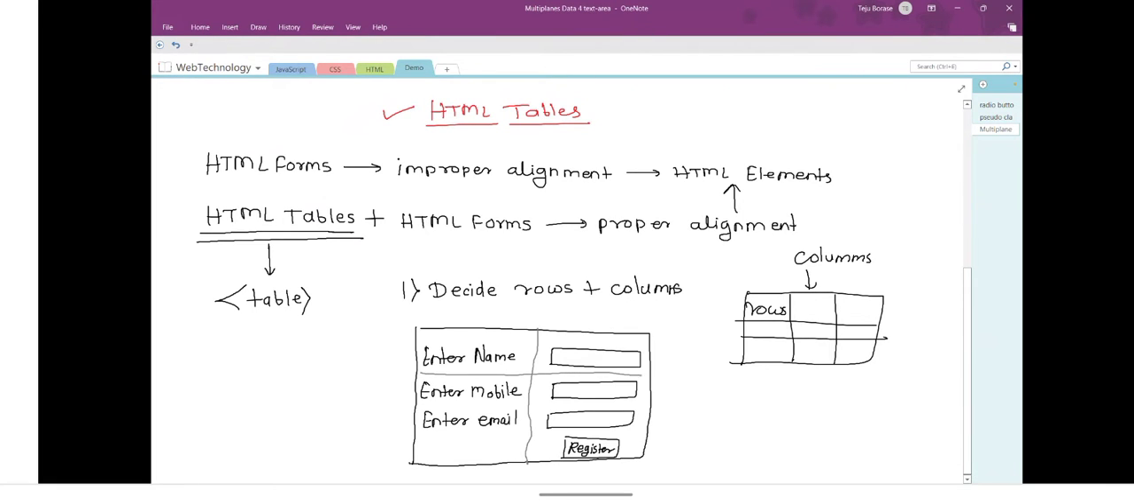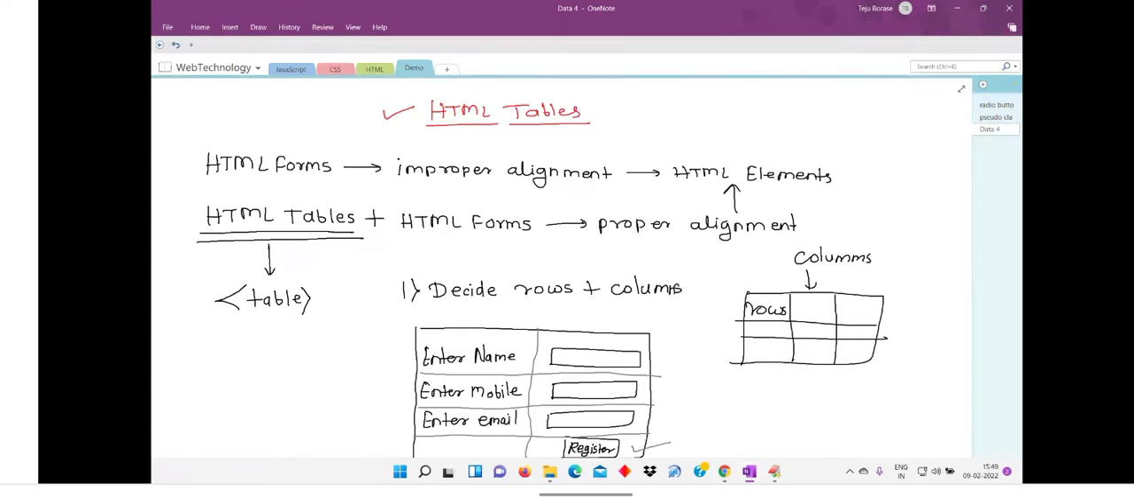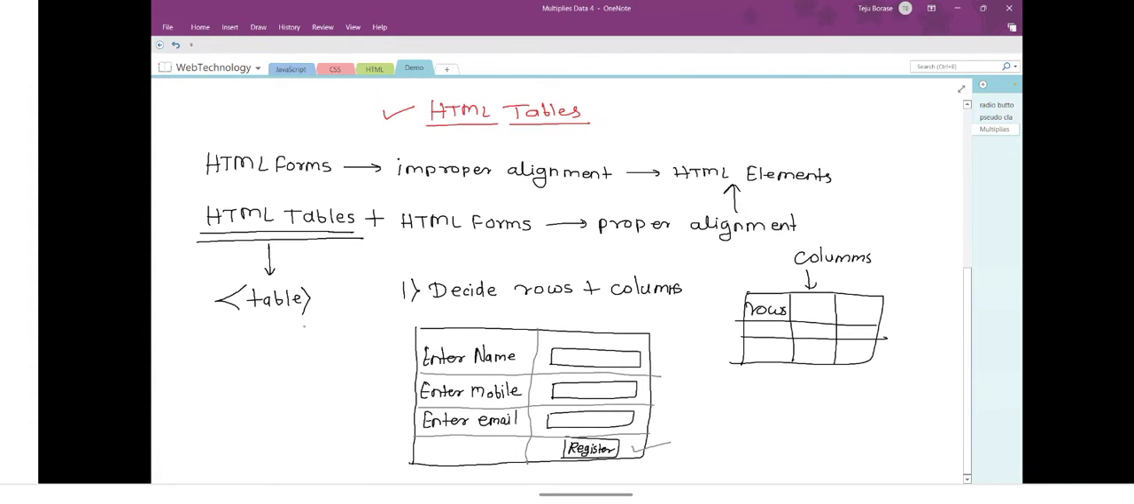Okay, 1, 2, 3, and the fourth one for the button. So here in the HTML, if you want to represent the rows, then